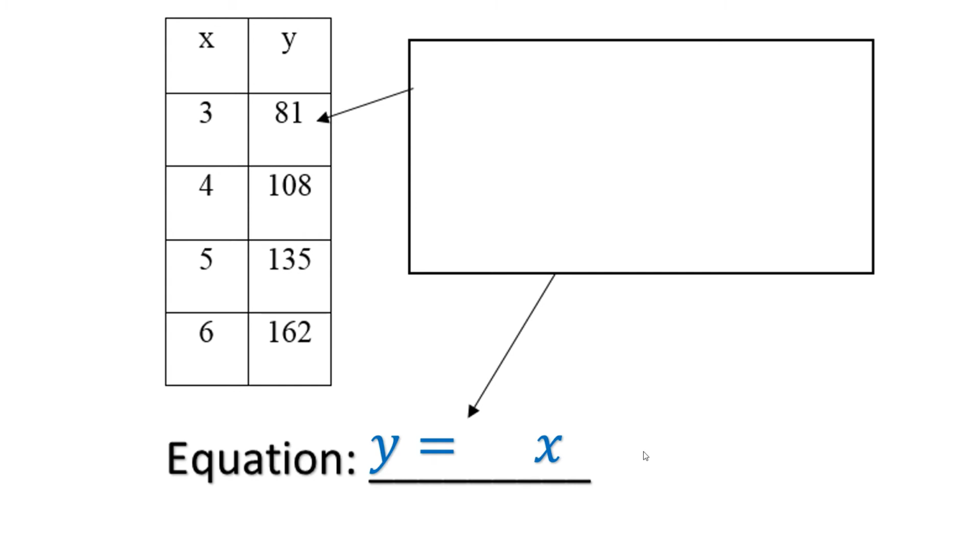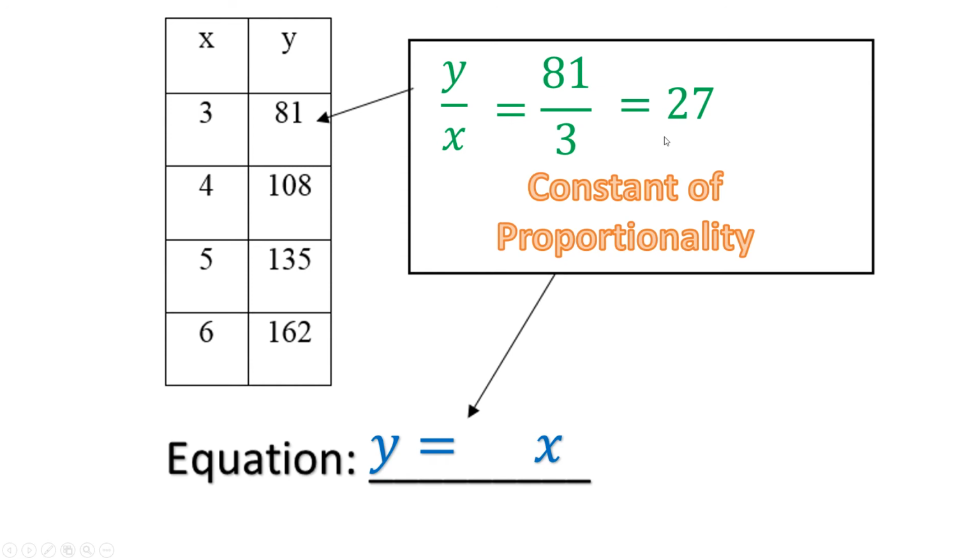We're going to have an equation y equals something times x, because that's our coefficient. So we're going to do our y over x values. We have y over x, 81 over 3, which 81 divided by 3 simplifies to 27. That is our constant of proportionality. So please write that in your own handwriting. And therefore the equation is y equals 27x,